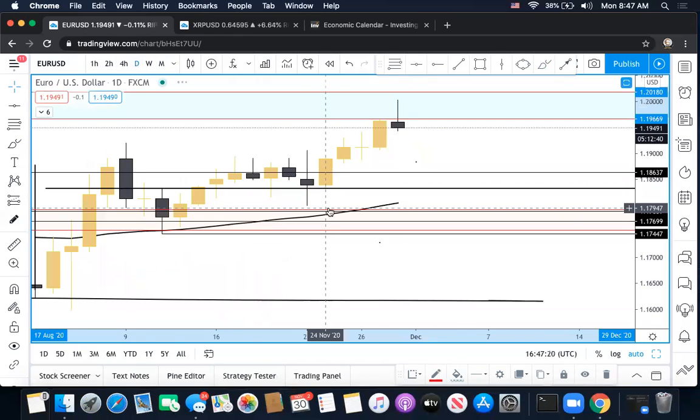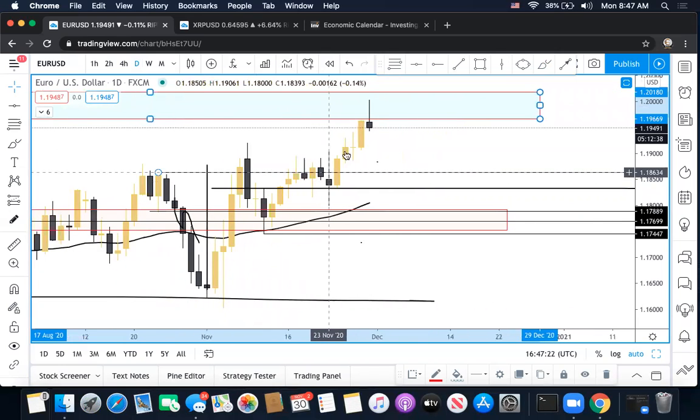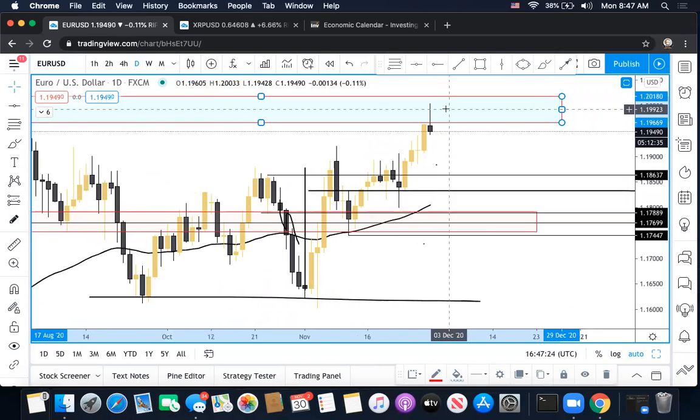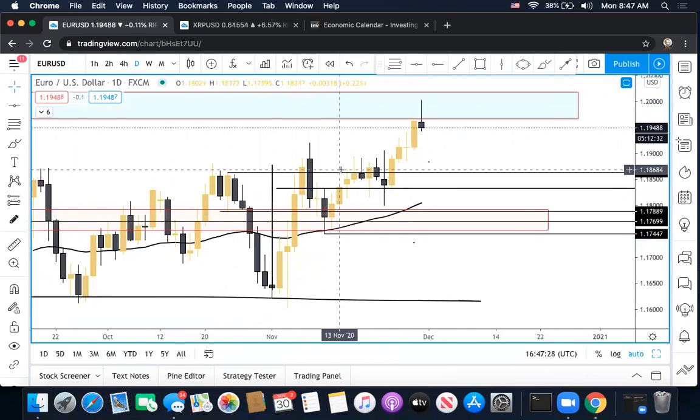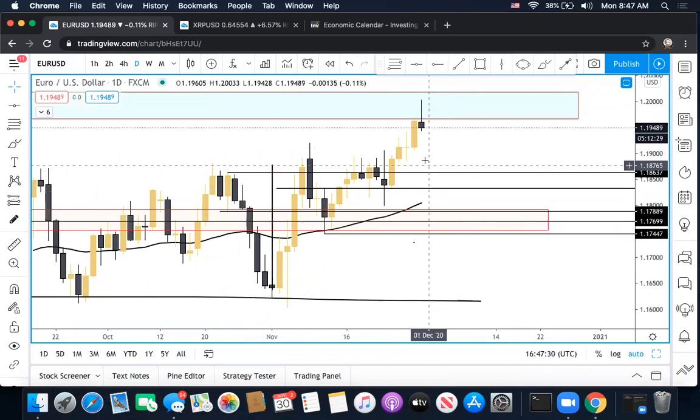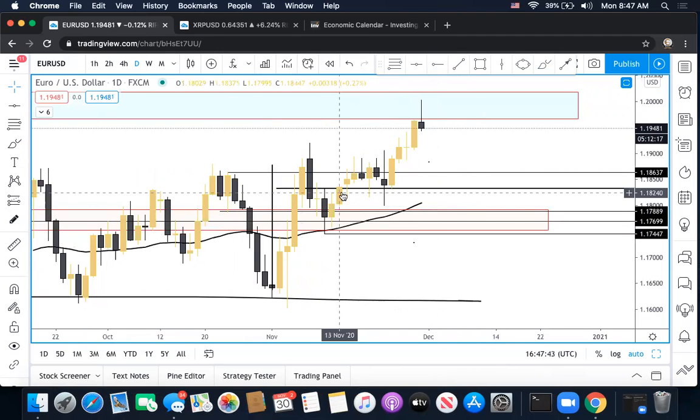So if we do get a rejection, I'm just looking at it for a slight retracement to possibly go higher, unless, like I said, we start breaking structure to the downside. So price will need to overall break below, of course, 1.19, but really below this 1.18 region and hold below that in order for the overall momentum to possibly shift.